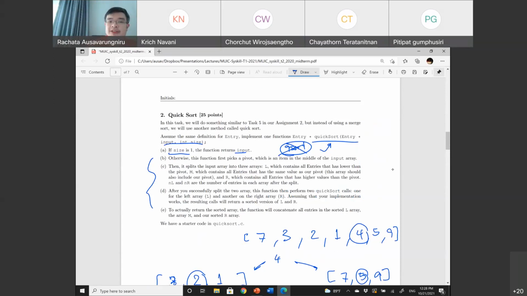And what I want is for you to implement that. I want you to implement a function that takes an array as an input and the size, let's say 5 numbers, and then sorts them.